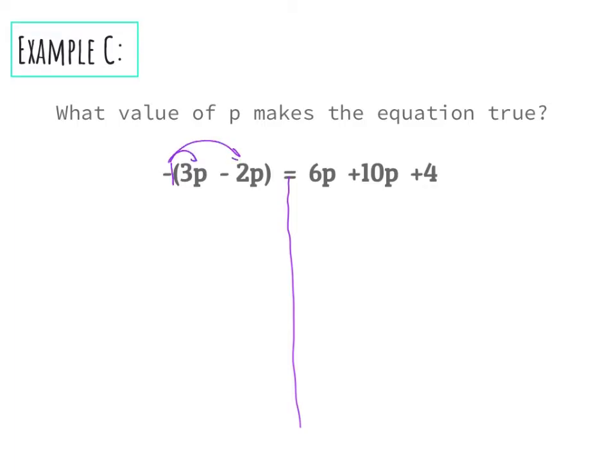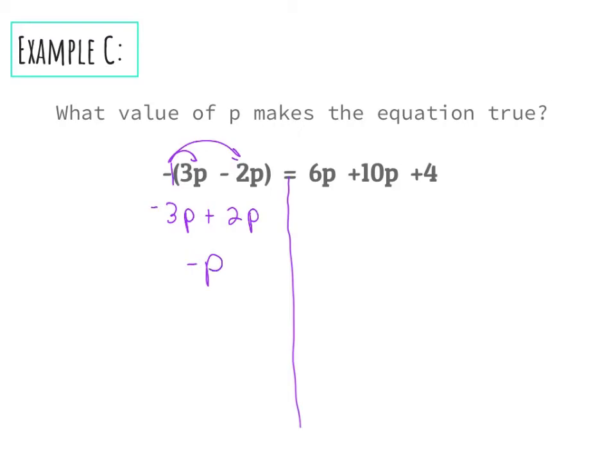So I'm going to distribute my -1 to positive 3p, which is going to give me -3p. And then -1 times -2. Remember, I'm going to keep my signs. Negative, negative are going to make a positive 2p. So I've got that side done. Oh, but I'm not done, because p's are going to be the same type of thing, so I have to combine like terms. So -3p and positive 2p are going to give me just one -p,